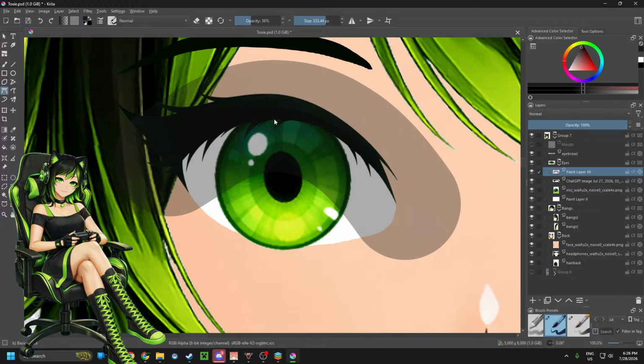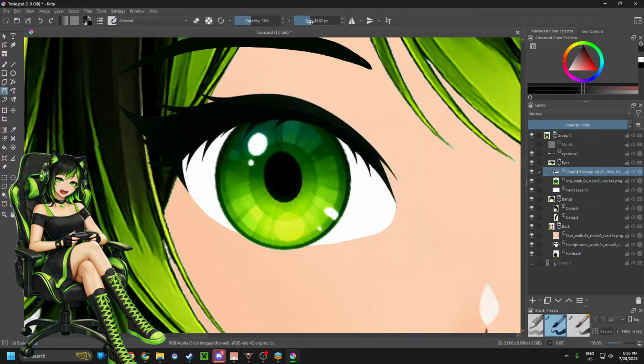Maybe that's a little too much, perhaps. And this is also not working. It's the right size, though. We can maybe even make it a little darker. Or what we can do